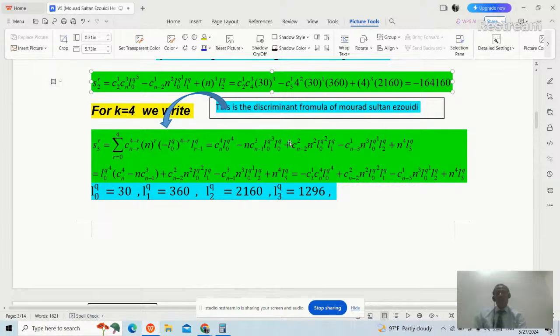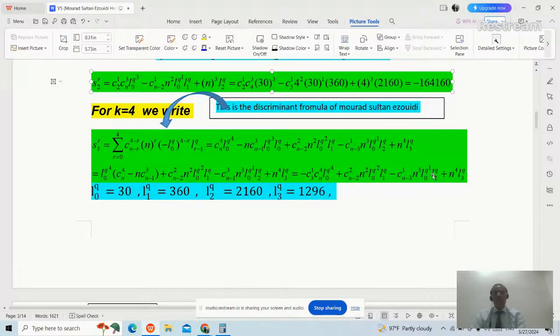Now learners, after simplifying this first expression that is written here on the right hand side of the discriminant formula of Mourad Sultan Ezouidi, you can see this one is L0 for the q raised to the power 4 times this times that minus this. And after simplifying, the first term is equal to negative combination 3 choose 1 times combination n choose 4, L0 for the q raised to the power 4, plus the rest of the terms the same, no change: combination n minus 2 choose 2 and squared L0 q squared L1, plus minus combination n minus 1 choose 1 and cubed L0 for the q times L2, plus n raised to the power 4